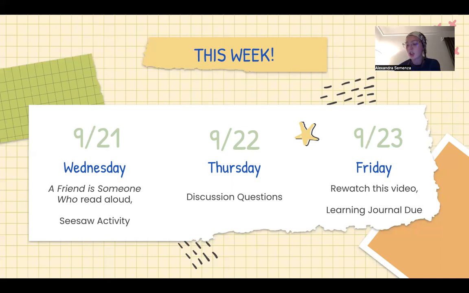Our learning journal will discuss a few questions. How are you feeling after this first module or your first week of our online course? What do you think it means to be a good friend? And what are some qualities of a good friend? How do you know this? Did you learn it from the story? Do you think your ideas can change? Do you think you can learn different characteristics of a good friend? Let me know in our learning journal.